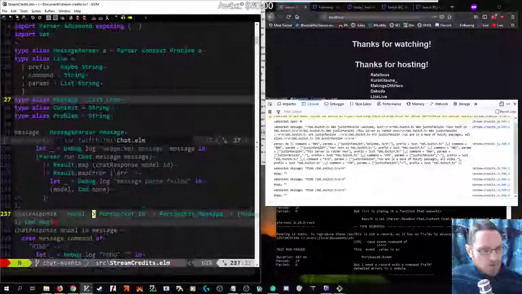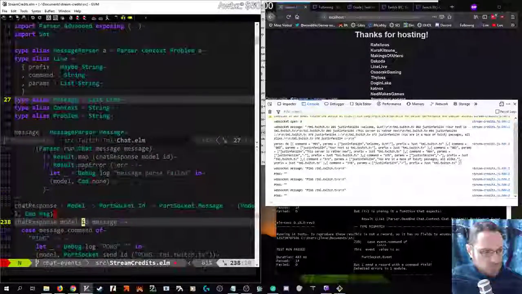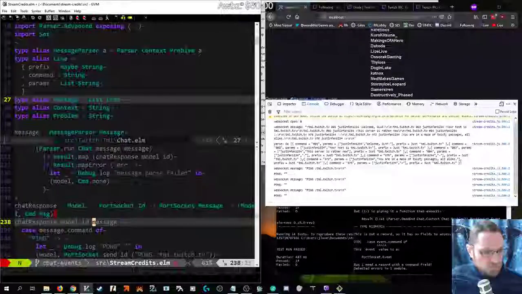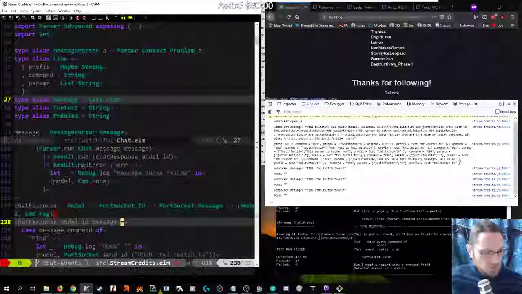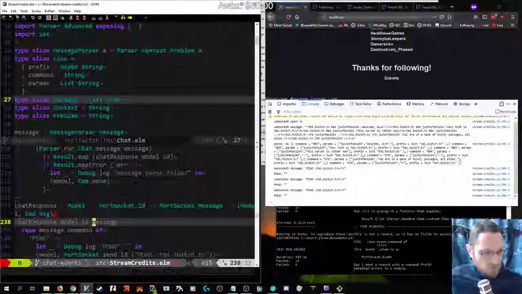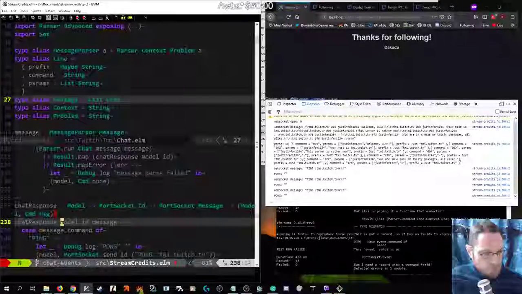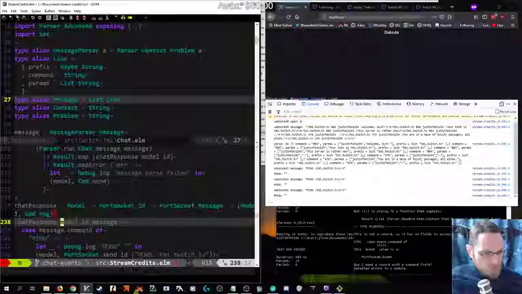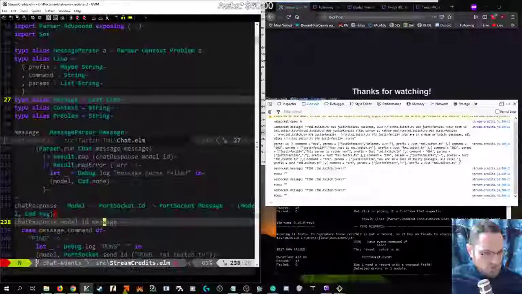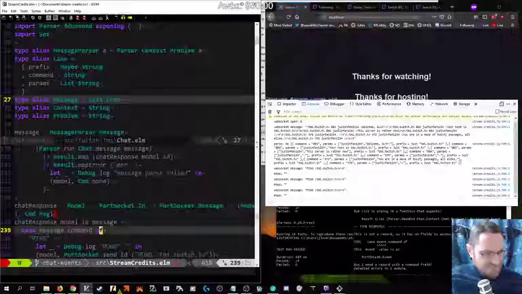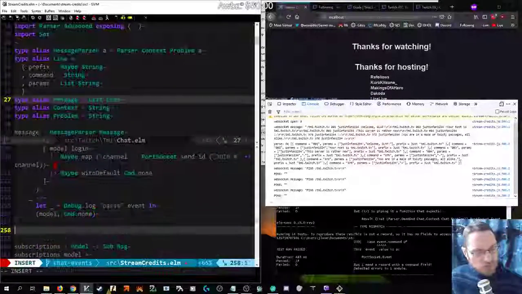I mean, I guess if we did it in terms of message model, with this as an unknown type, then we could just prefix this stuff, move the model out there. And we'll be able to make a generic function,